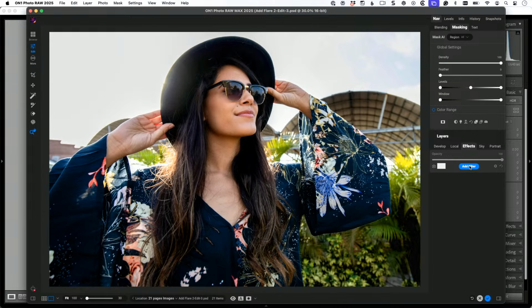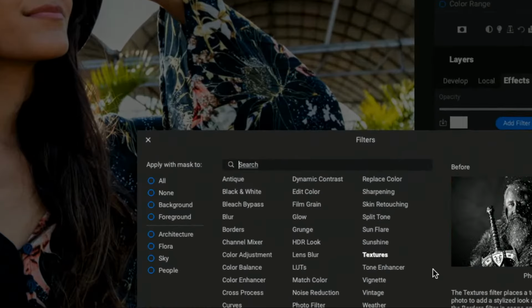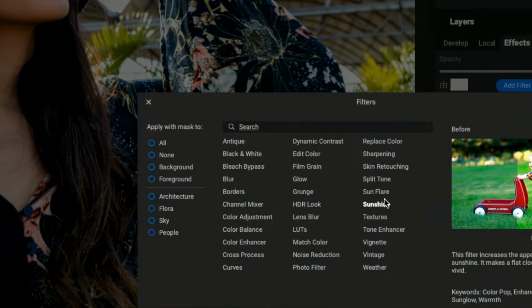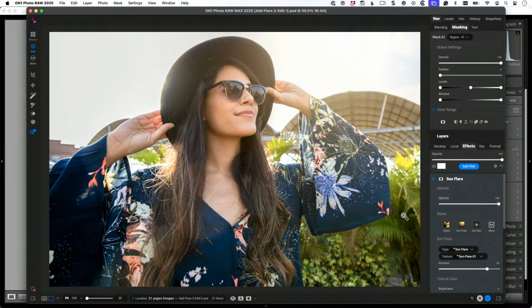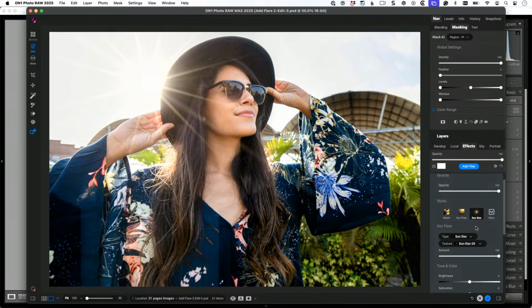So let's go here to add filter, and this is what I'm talking about. Look at all these filters, right? These are all effects filters, and we're going to choose Sunflare. Now what's nice is there's all kinds of different Sunflares, but the one we're going to use is actually called Sunflare. You can do Sun Stars, which are these things that look like the actual, well, actually, that looks pretty good. That wasn't the one I was going to use, but since I've used it and it's so perfect, right where it's at too,